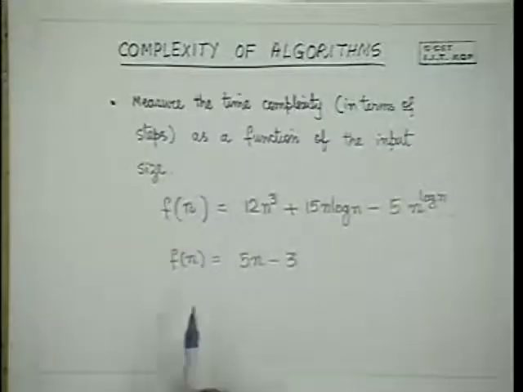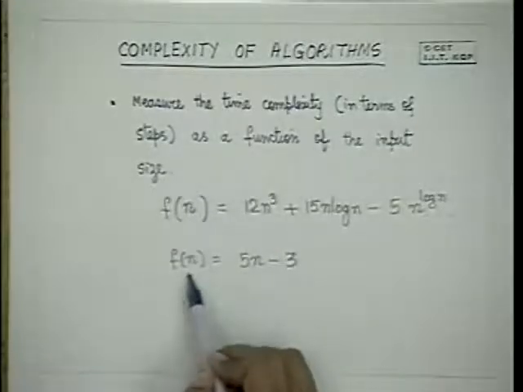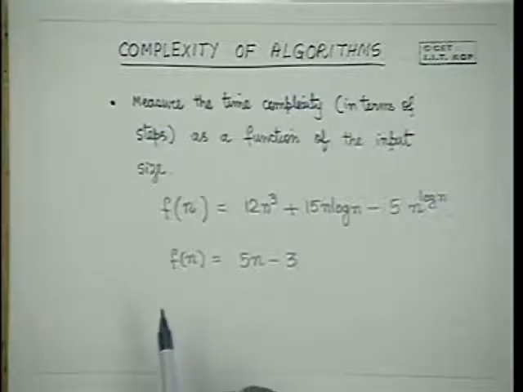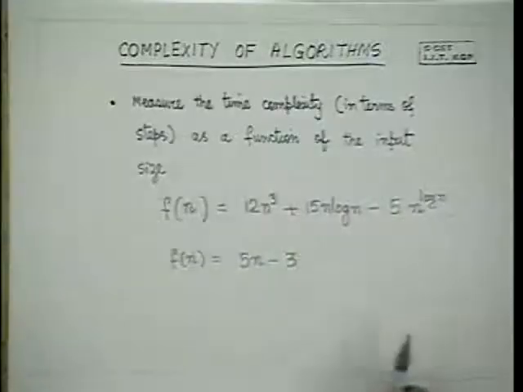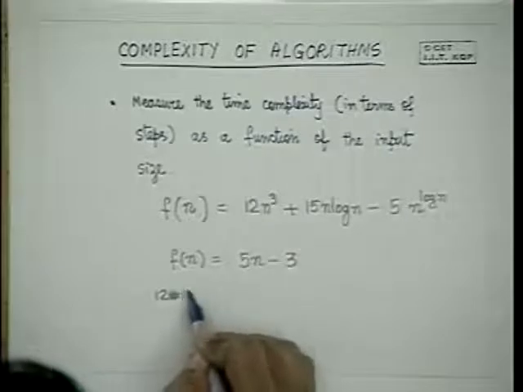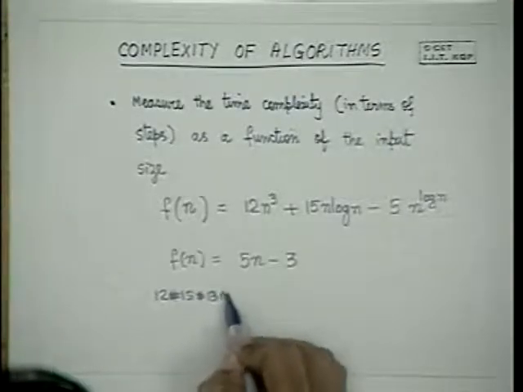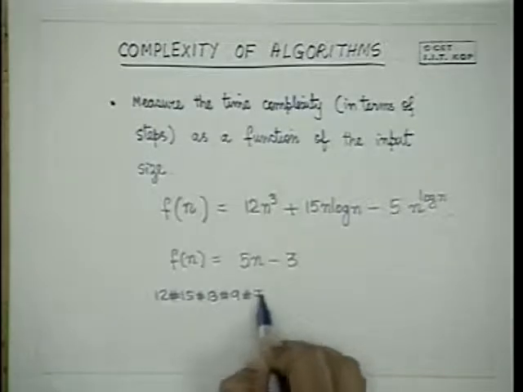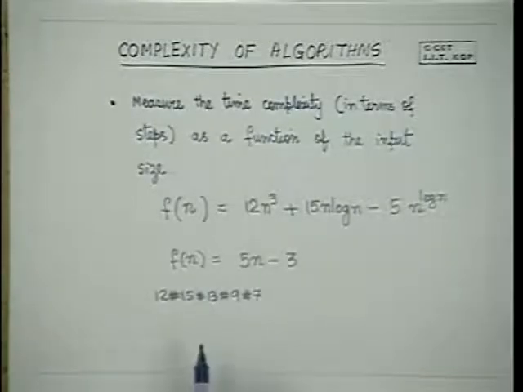Now, since this is a mathematical equation and people say this is a function of n, so people say, how did you say that there are n inputs? I would say that there is only one input. You just combine all the numbers and make it into one number. For example, I will give you a character string which is one input, like this: 12 hash 15 hash 13 hash 9 hash 7, and you read this as a character string, and I will say you have got one input only, and then you break it up, sort this and return one character string.